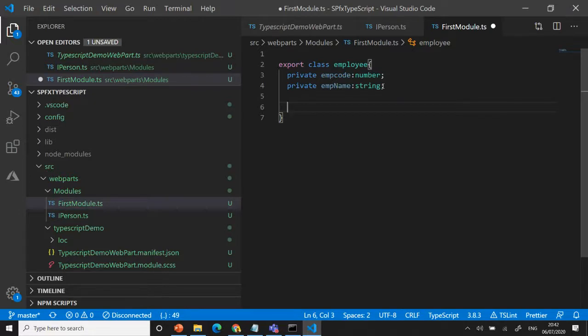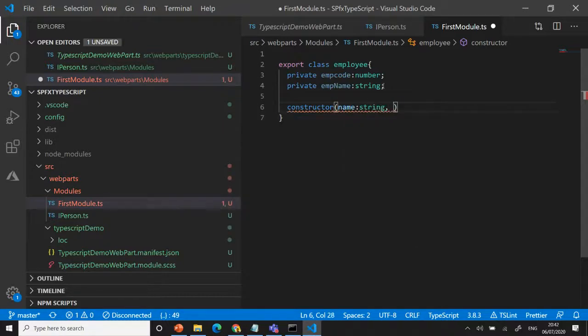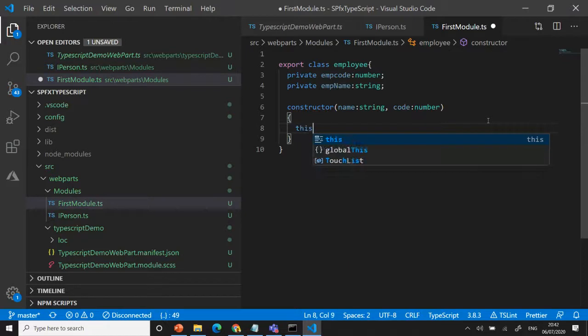If you want to do something with immediate action, you can go with the constructor, right? A constructor is available here also, same as whatever we do in our object-oriented language. Okay, the name string, comma, code number. We can pass some value from the user, then we can get it here. These dot assignments assign the value to our already declared variable. Understood, right? We can do the same concept. That's what I'm trying to say.